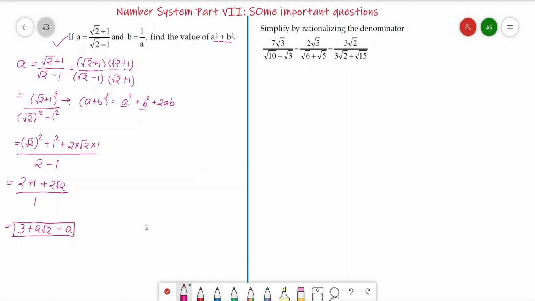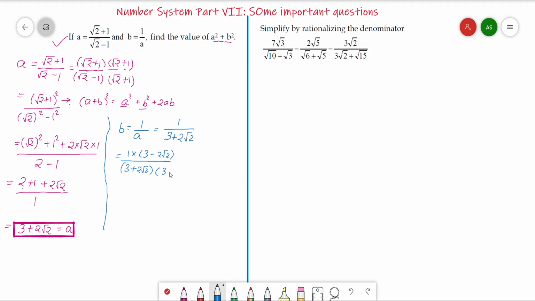In the same way, we'll find the value of b as well. As it is given that b is equal to 1 by a, it can be written as 1 upon 3 plus 2 root 2. Once again the denominator became irrational, so we will multiply by its conjugate, 3 minus 2 root 2, in the numerator and the denominator. In the numerator we will get 3 minus 2 root 2, whereas in the denominator we will get